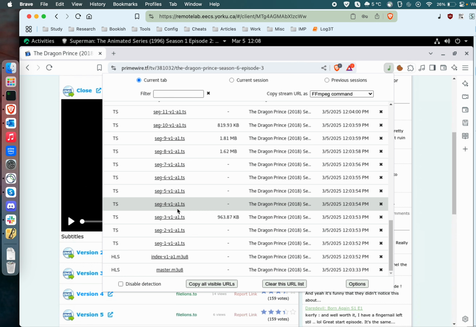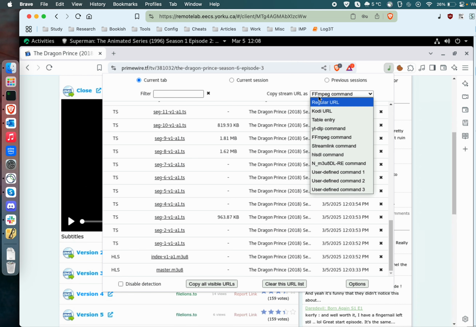So what we need to do is, well, first of all, when you click on these links from this stream detector extension, it copies the link basically. And there are different options for copying the link. You can copy just the link, as a regular URL, but you can also copy the link as